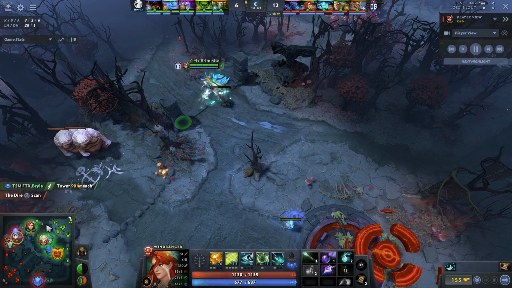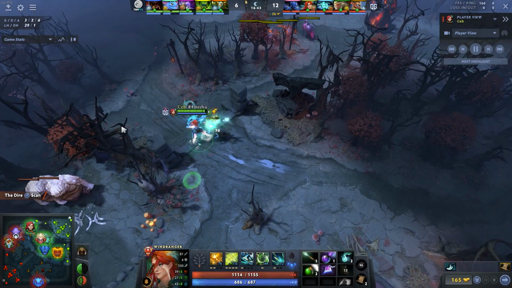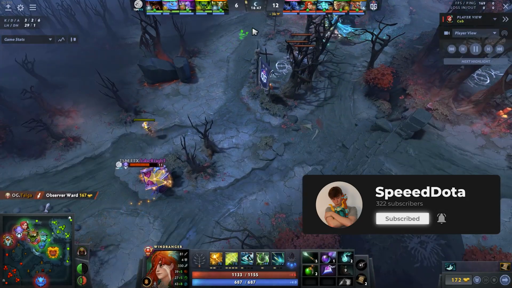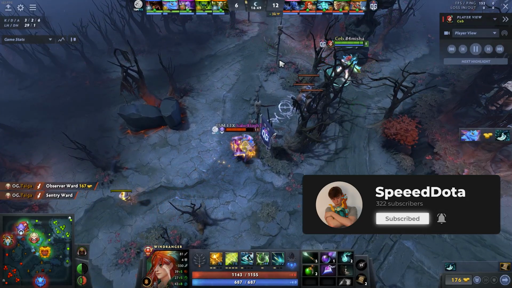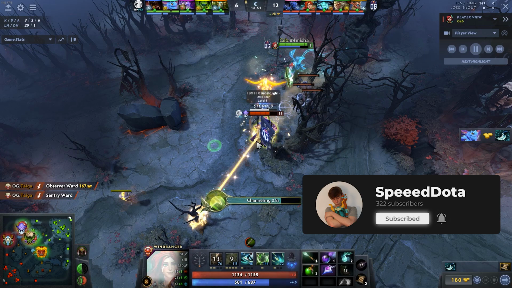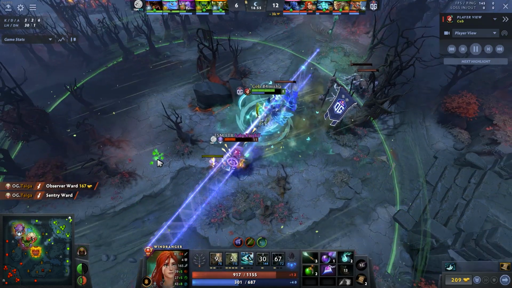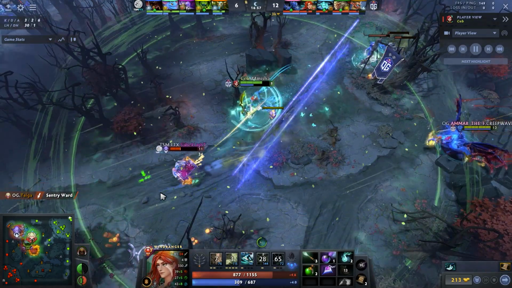It's your boy Speed here, and today I want to talk about Seb's Windranger. This is the Windranger that he played all throughout ESL 1 Stockholm. He honestly owned on this hero, and I want to see what he did that made this hero look so damn good. Now, I honestly believe a lot of it was just his ability to hit shackle shots, but I